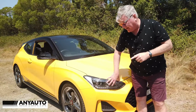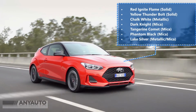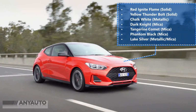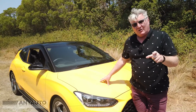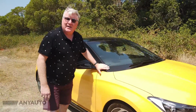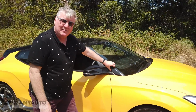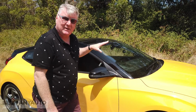These lights are LED with LED running lights, and down below, this is part of the aerodynamic system that keeps the car stable at high speed. There are some other changes they've made with this model as well. The bonnet is actually a little bit longer than the old one, thanks to the A-pillar being moved back. Not only that, it's approximately 30 millimeters thinner at the bottom to give you better vision, but still allow for